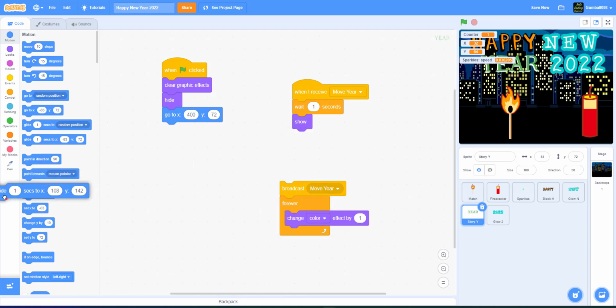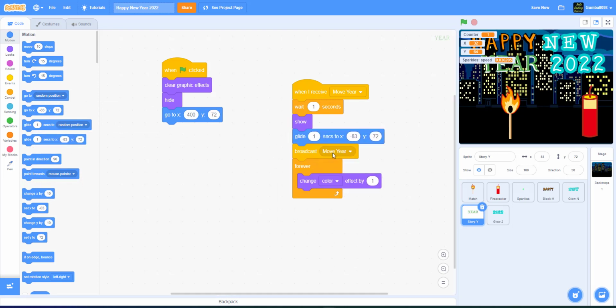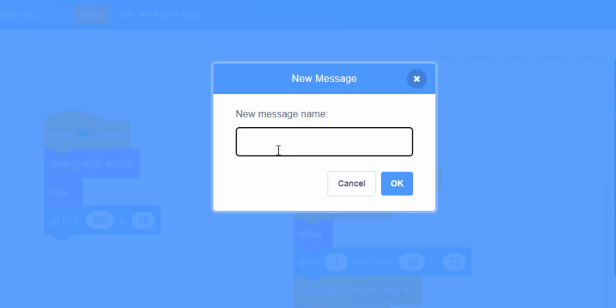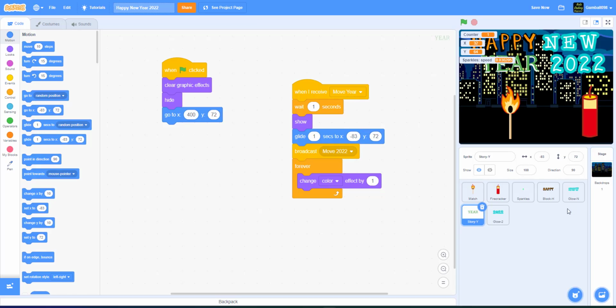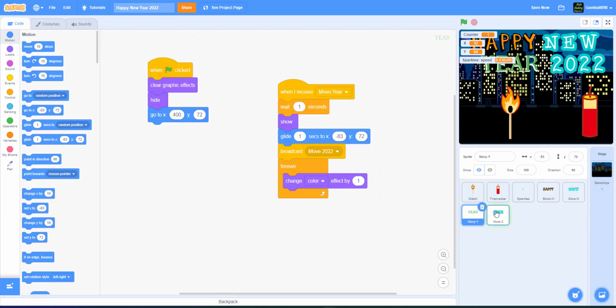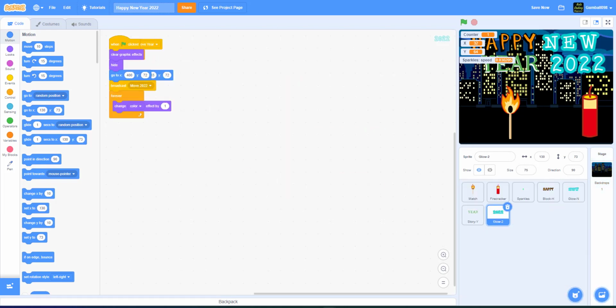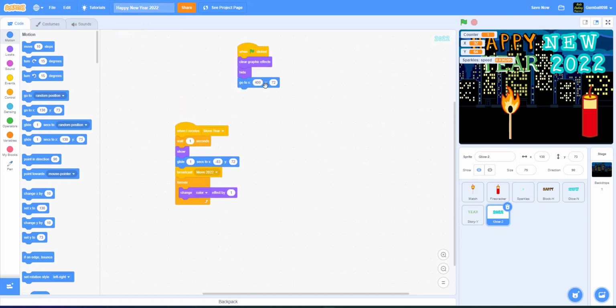So let's just drag in the position it's gliding to now. Where's the glide? There we go. And it'll broadcast, instead of move year, you'll have to broadcast move 2022. And we have to go to 2022 now. And I'm just gonna drag this across because I think I just need to do some tweaking and that'll be all good. So let's go to 2022 and clear graphic effects, hide, and instead, go to,